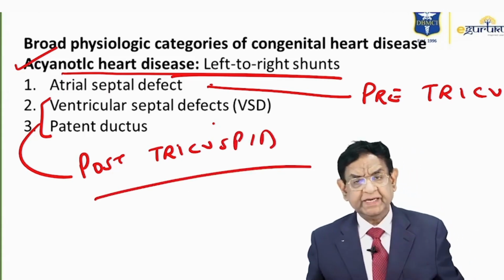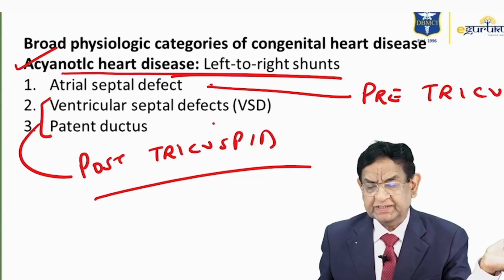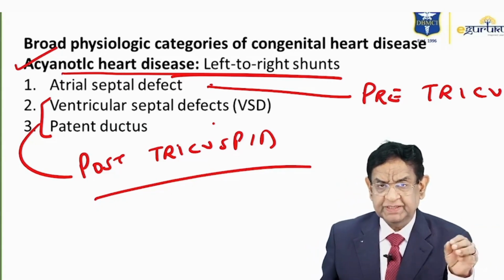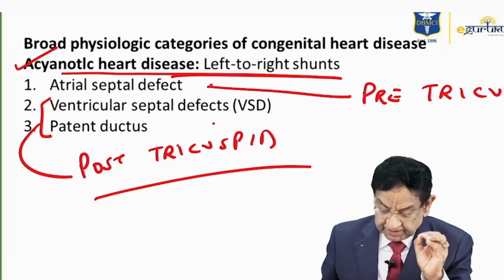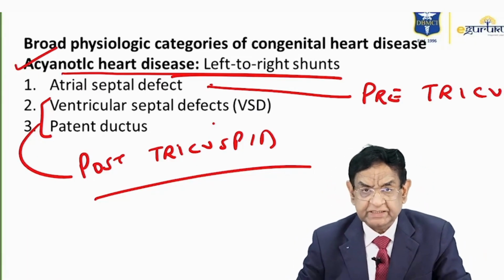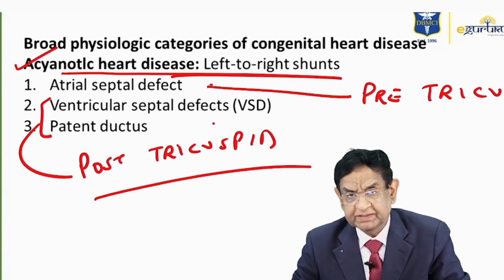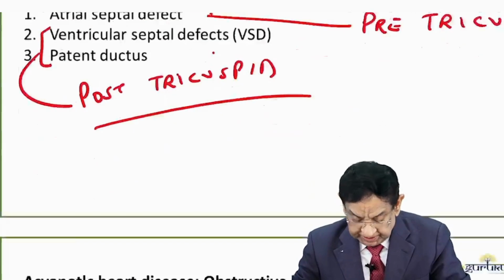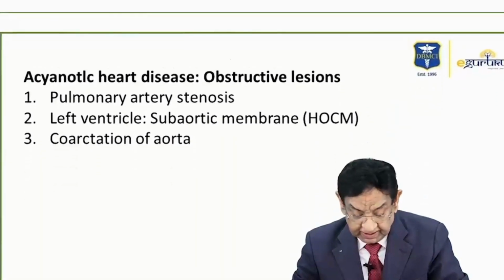So in the pre-tricuspid we have only one major, ASD. In the post-tricuspid is PDA, and VSD is post-tricuspid, and the pre-tricuspid is ASD. With this,